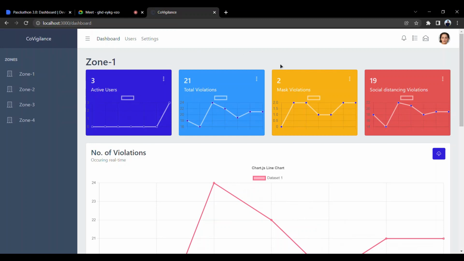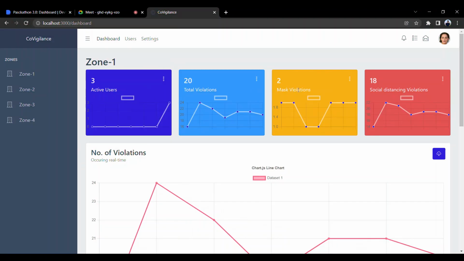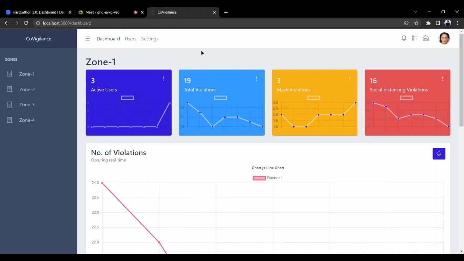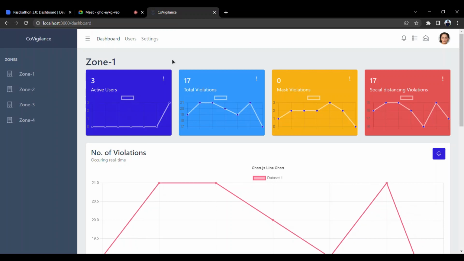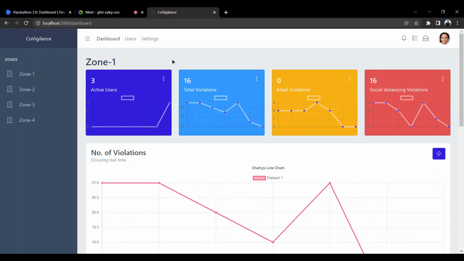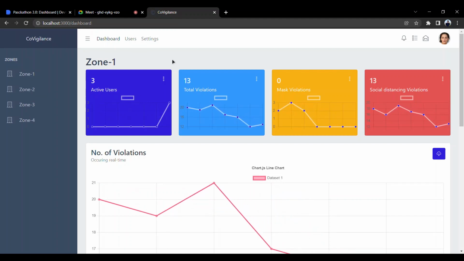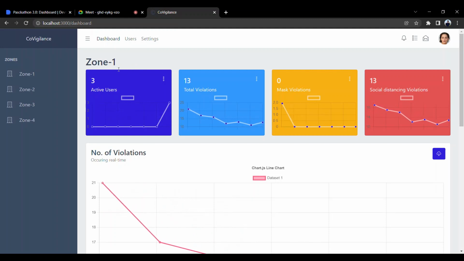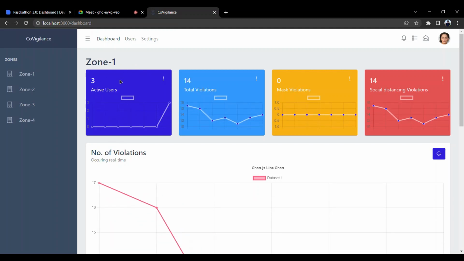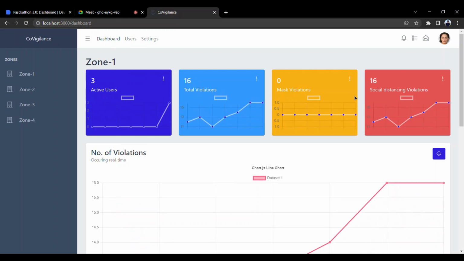Then here you can see all the real-time info that we are going to get from the CCTV feeds, and all of this is real-time. We just saw that Vedanshi fired the database and she uploaded the videos that are routing through the Firebase. So here you can see the active users that are currently in our mall.